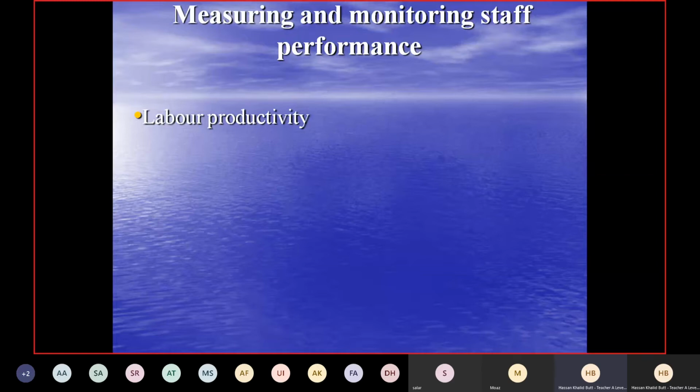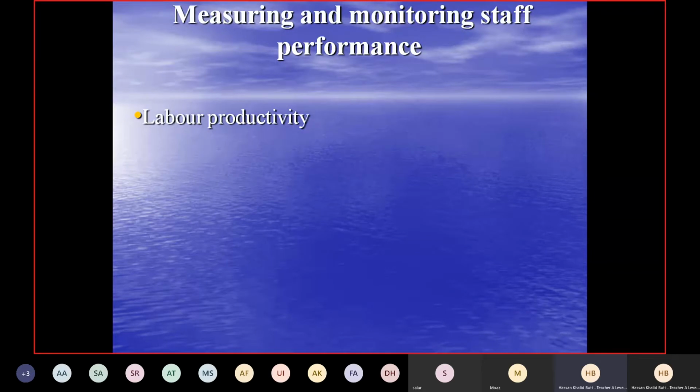Okay, and why is monitoring required? Because after measuring it, you will see what is the cause of it, right? As I told you earlier, either it is because of the lack of interest of the employee, or it is because of the lack of equipment given to the employee, right? So they need to see whether it is the fault of the worker or the organization, or sometimes maybe it is because of the lack of training given to the employee. For example, new machinery is introduced to a business, and certain employees are not given due training. So obviously their performance will be low compared to the other workers.